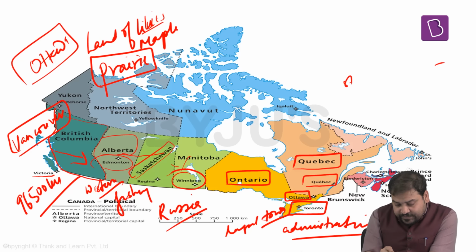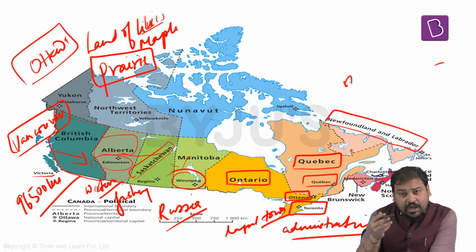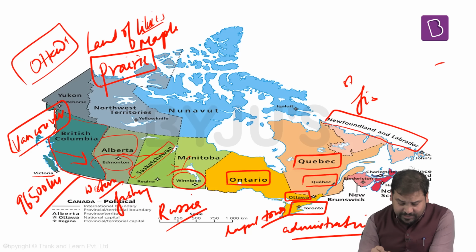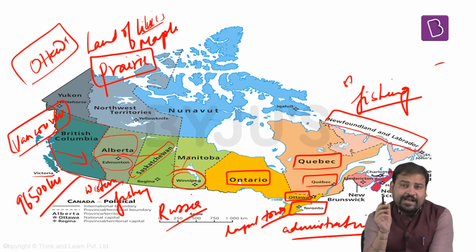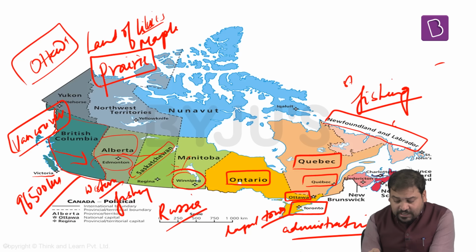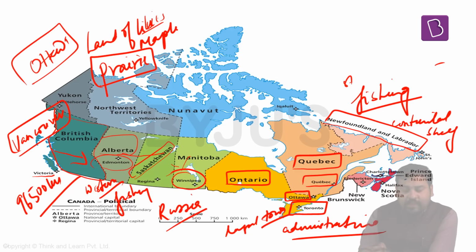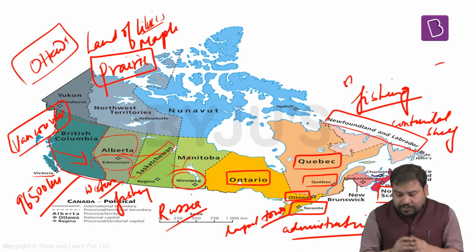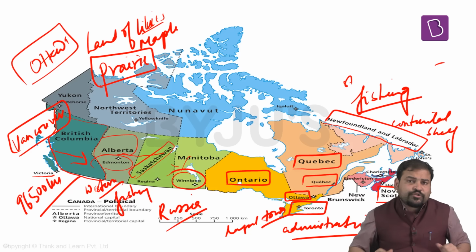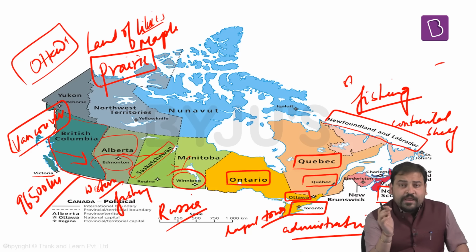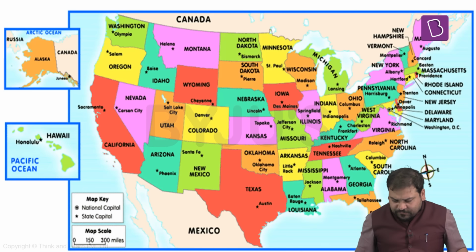Moving eastward, we reach the areas that are Newfoundland and Labrador. Now, we all would have studied about this. Basically, this is a very productive zone for fishing activities, mainly on account of the fact that it has a very large continental shelf. And there are other factors too in this. Lastly, one more place that you can see is Nova Scotia, a place famous for apples as well as a fishing port. Now, moving ahead from Canada, we move towards America, that is the United States of America. You can see this particular map.